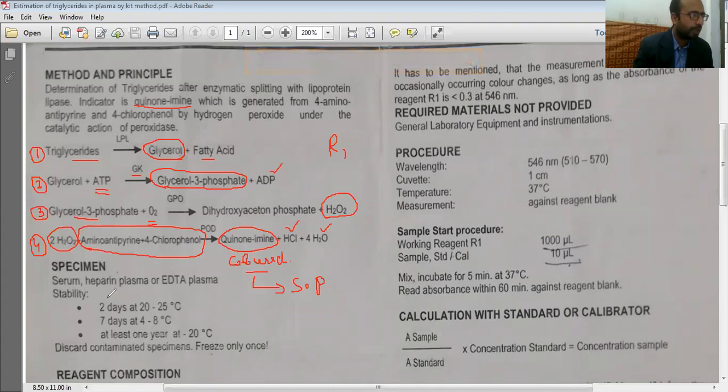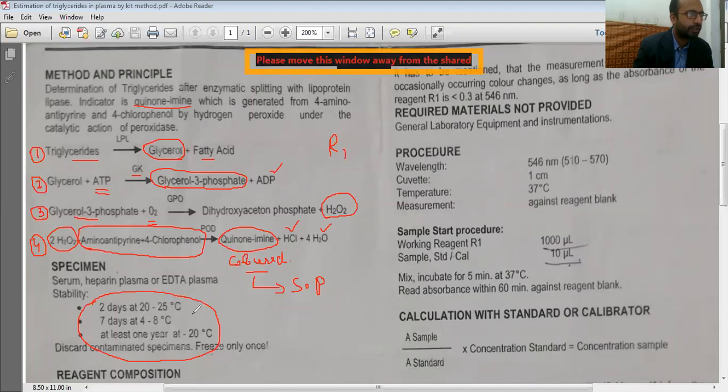Now, at what temperature do you need to place the blood sample? This is the specification of the temperature at which we can store the blood sample. If you place your blood sample at 20 to 25 degrees Celsius, we can use it within 2 days for the estimation of triglycerides. If you place it at 4 to 8 degrees Celsius, we can use it within 7 days. And we can estimate the triglycerides in the blood sample within 1 year